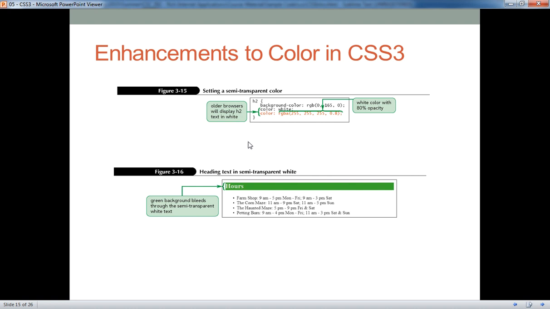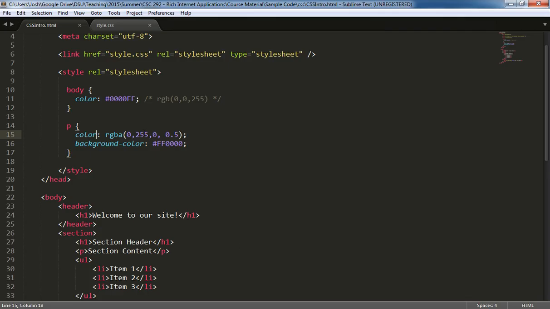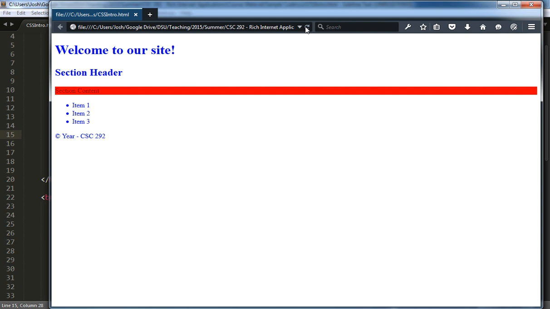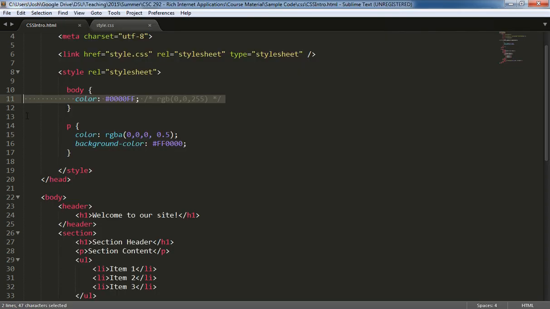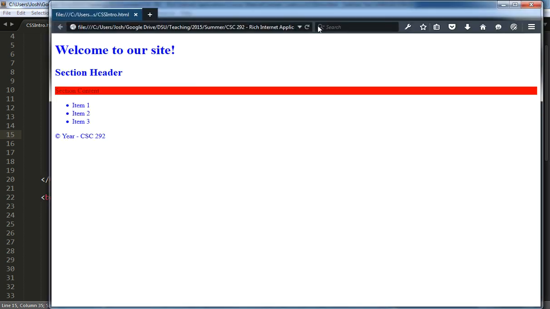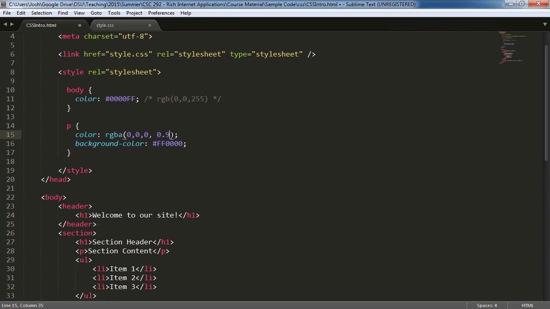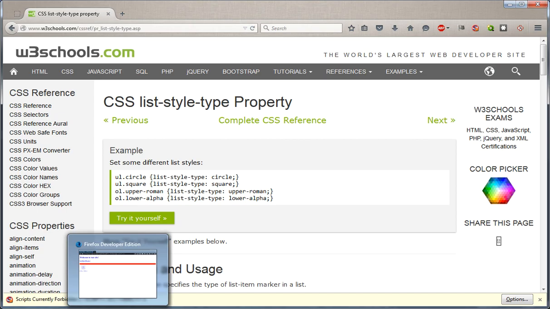All right, here's just an example of that. Again, it's a little hard to see in this slide, but this color is white, 255, 255, 255, but it allows a little bit of that background color to bleed through. And maybe I'll be able to replicate that here by saying these are all white, so I'll make the color of that paragraph text white, but I'll have half of it be, right, so you can see that's definitely not white. 0, 0, 0, 0, yep, definitely not white. So 0.1, I can see what that gives us. Okay, that's almost completely bled through. Well, and a 0.9, which means it's almost completely,